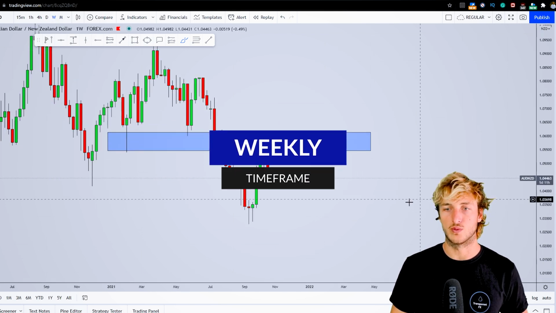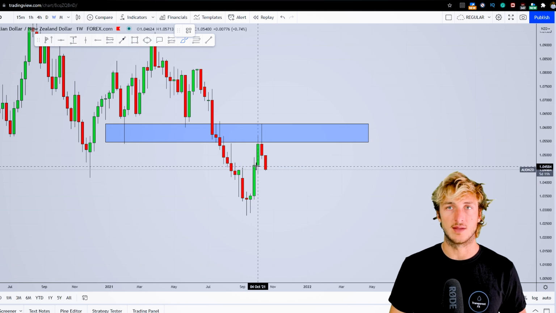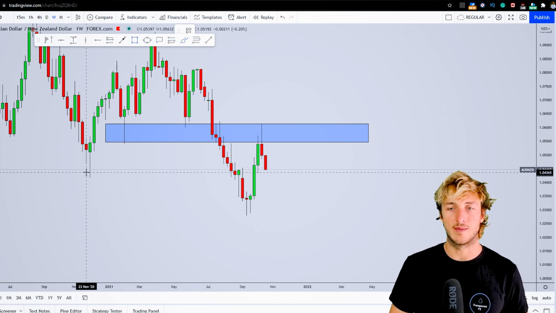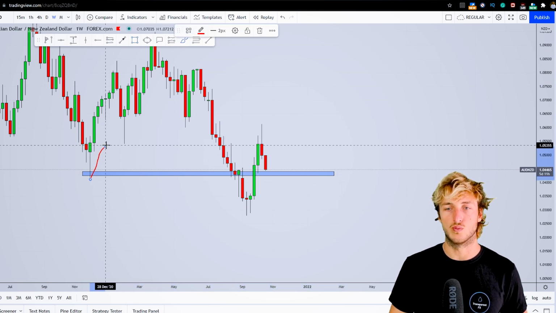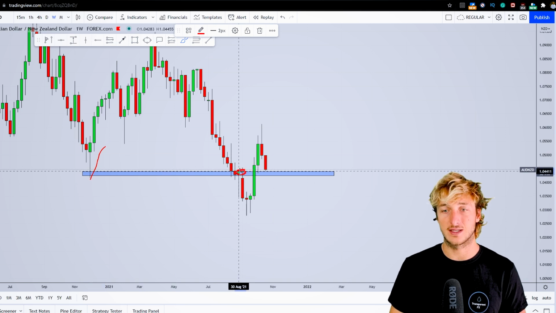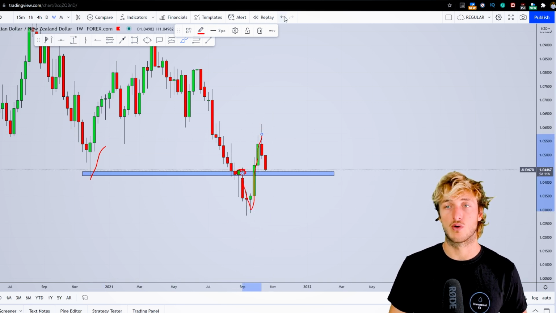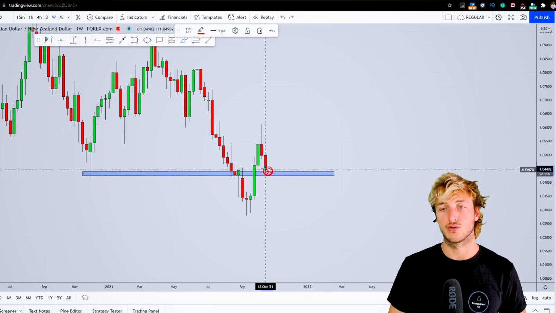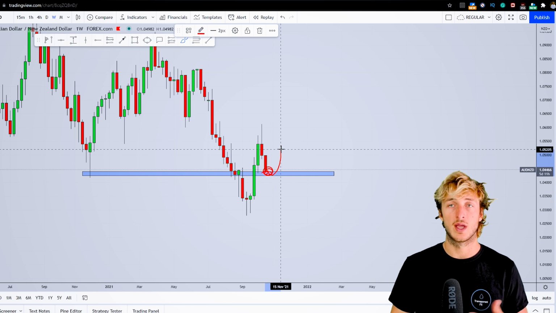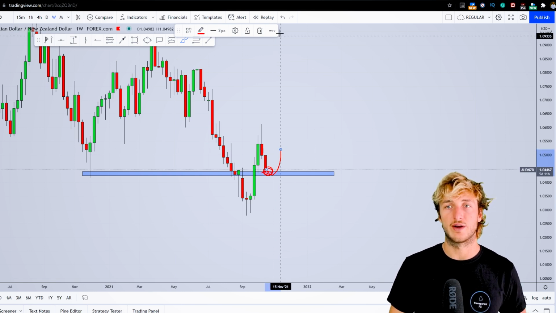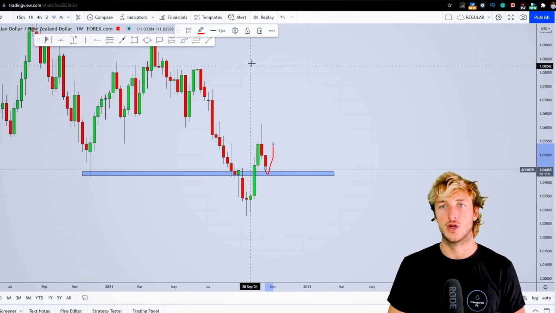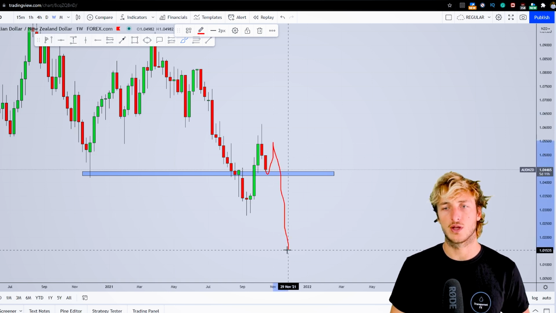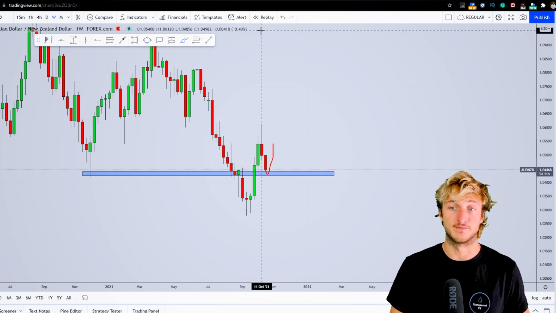Dropping down on the weekly, what do we see? Here on the weekly, we can see how the market at the moment is testing strong weekly demand and support. In fact, we can see how this area here was acting as support. The market then broke it to the downside, retested it here, rejected it to the downside, then the market broke back above that zone, and at this point we are about to test this previous resistance turned support from which we can expect the market to provide a rejection to the upside. So on the weekly we can expect short-term bullish price action for a rejection to the upside, before then obviously the continuation to the downside, as we have already seen that is very possible from the monthly